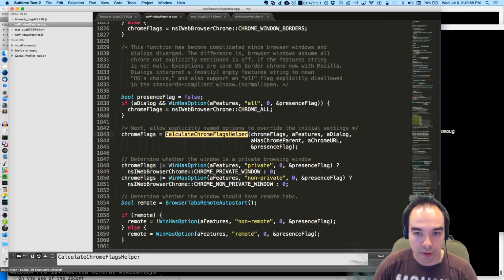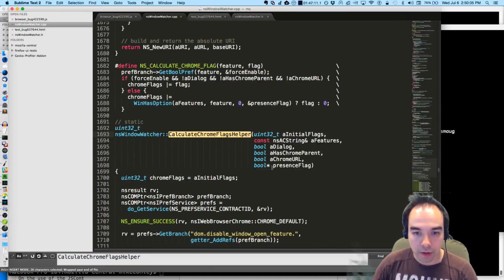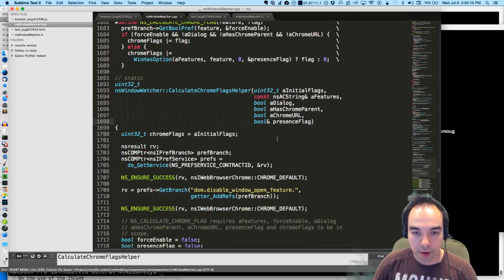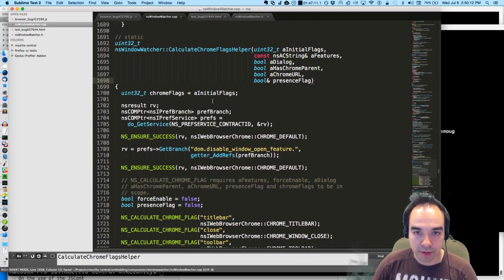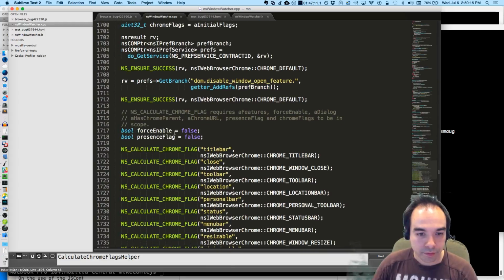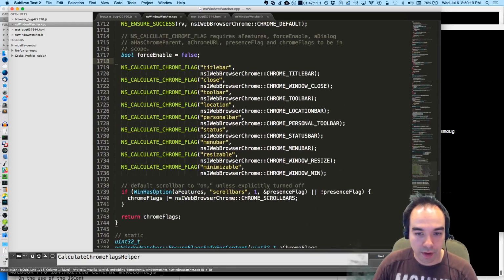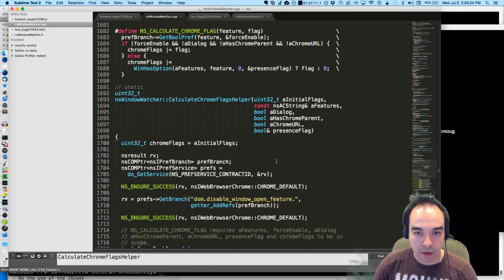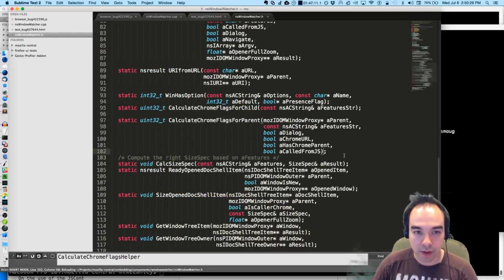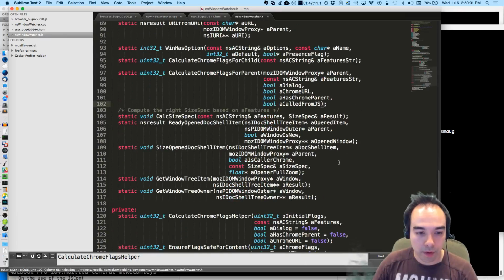Wait. Bool. Reference. Deref, or, yeah, presence flag. Set its value. So will that do it? Presence flag. Helper.